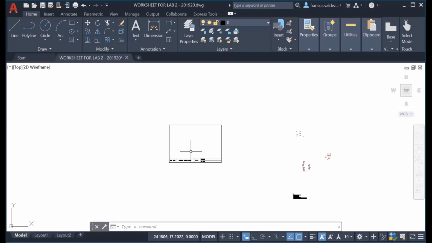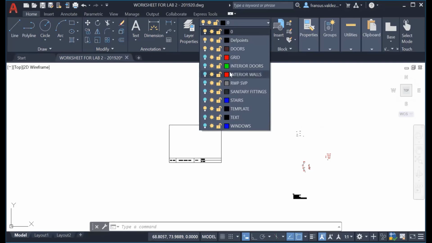All right, and then these are the commands in AutoCAD, and in this one we have the layer properties. When you click this one here, the layers that we mentioned are turned off, we just turn on, and